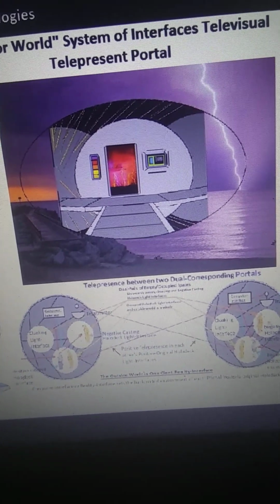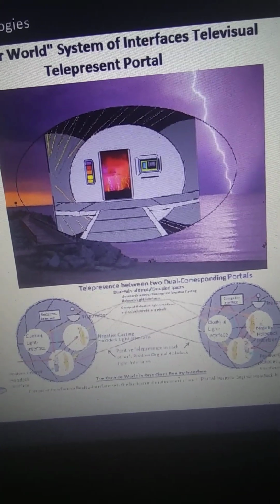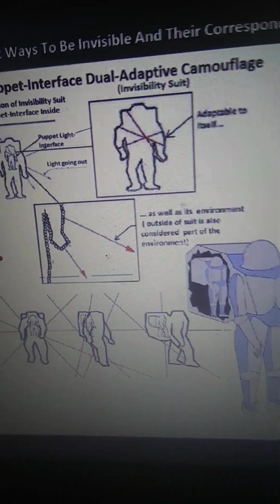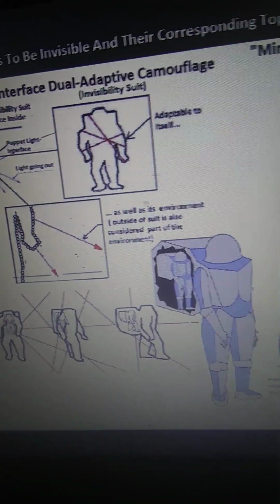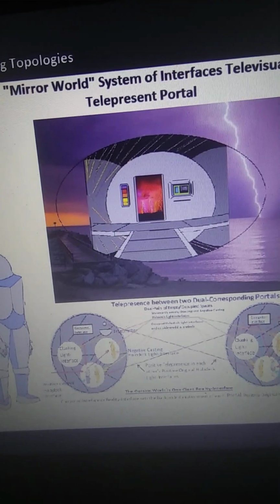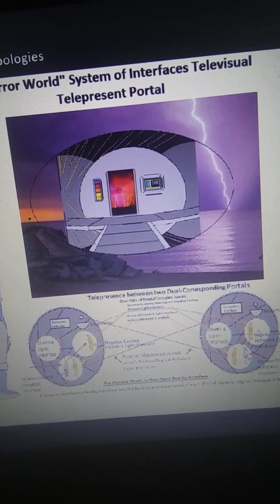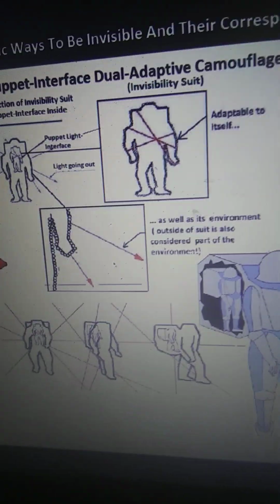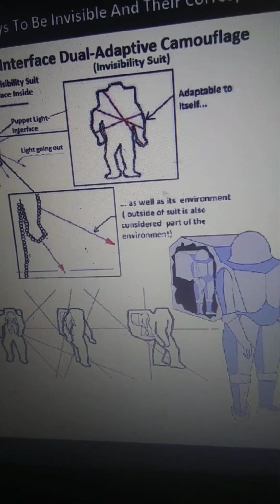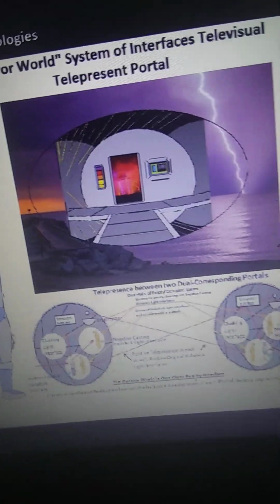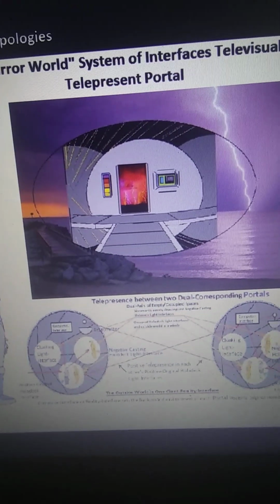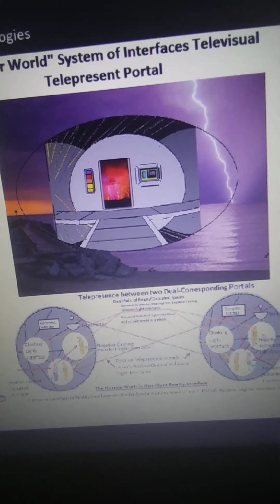And the similarity between this portal and this dual adaptive camouflage is the real-time correspondence, the real-time feedback between the puppet interface and the body itself, the shell, and the real-time feedback between the mirror world system of interfaces of the dual televisual